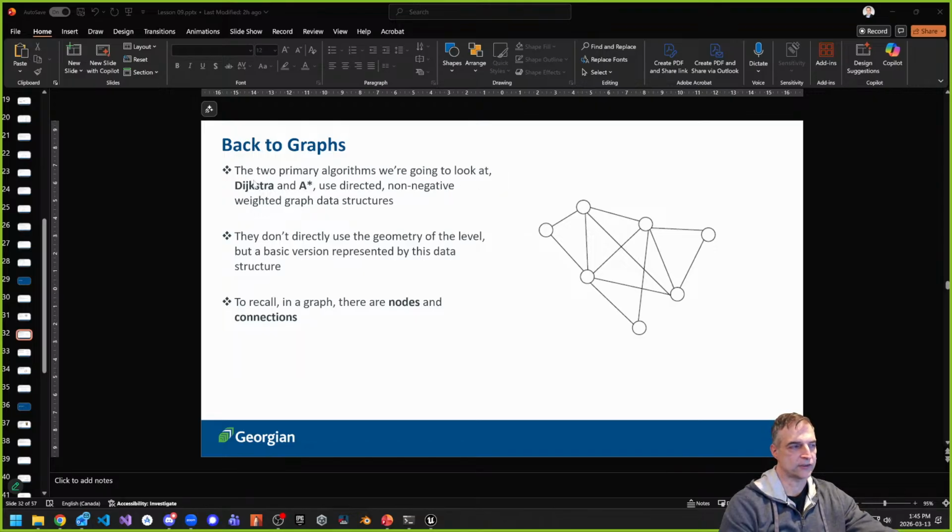One of them is Dijkstra's algorithm, and the other one is A-star. Those are the two pathfinding algorithms. And they both use directed, non-negative weighted graph data structures. All right, so that's what it is. They don't directly use the geometry of the level, but some kind of basic version that's represented by this data structure. What we're doing is using a division scheme where our